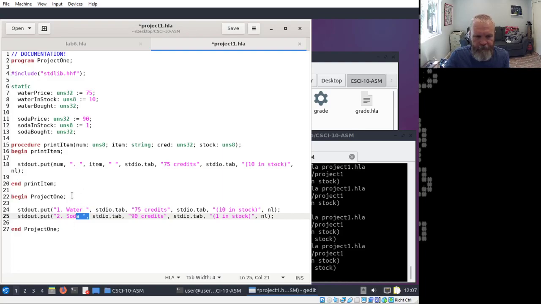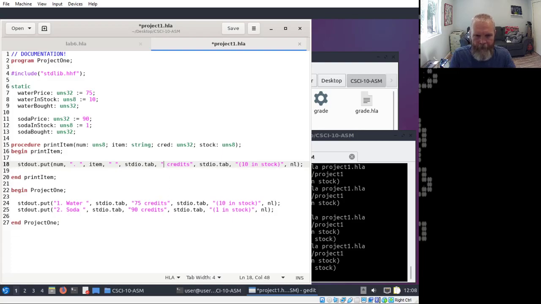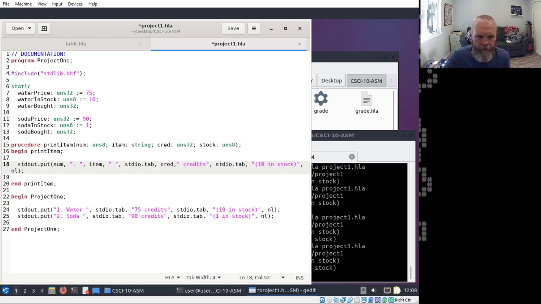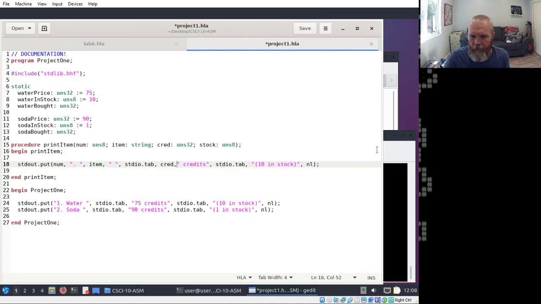And then I noticed that putting extra space after water, it still made it work okay. So I kept the space. The number of credits here, followed by space credits. And then right in here goes the stock, and that's my display.